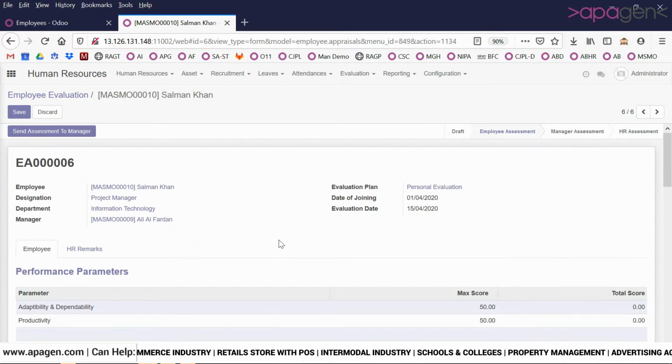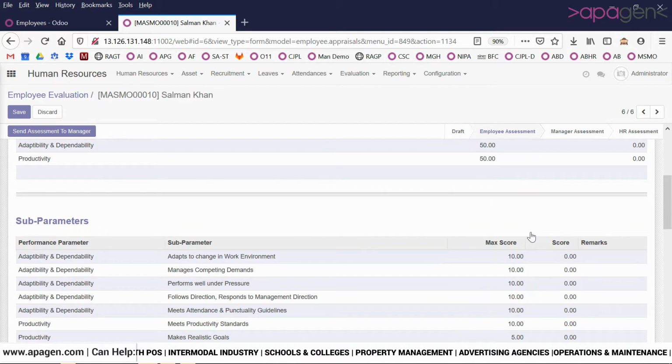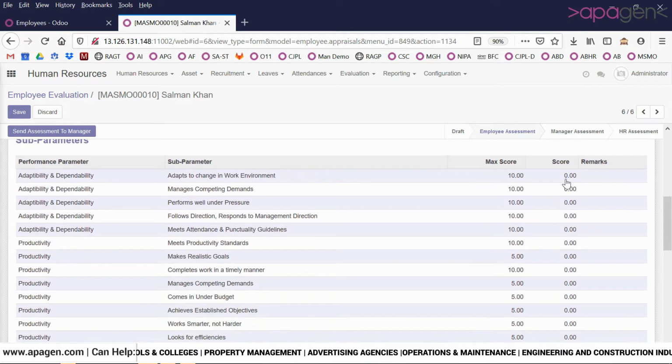and you will need to fill the assessment in some specific number of days. Once the employee logs in, he will be able to see the performance parameter, and for each sub parameter he can enter his assessment. So here is the assessment score that you can enter. Let me take an example by filling up the score.